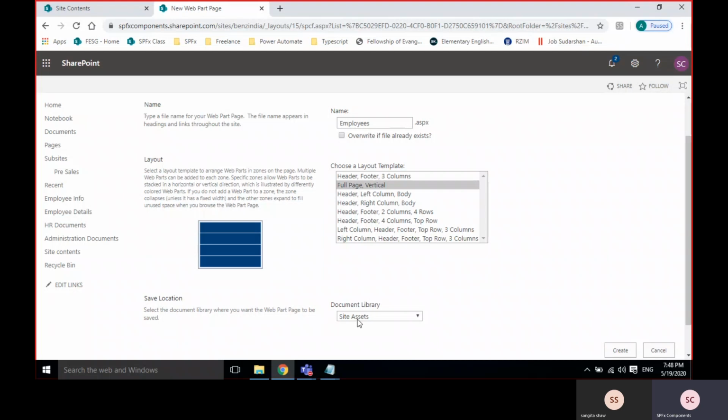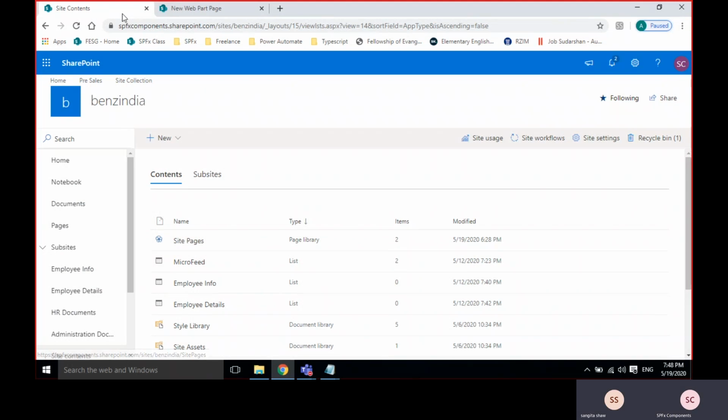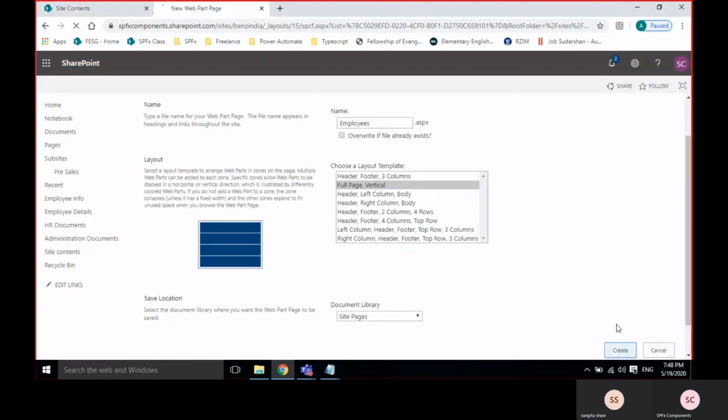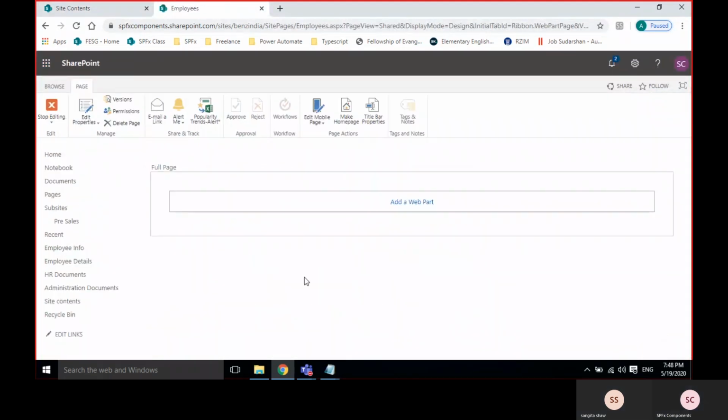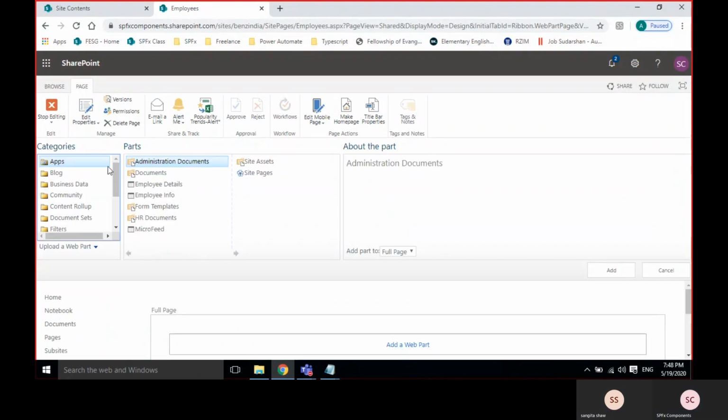This is the save location, where exactly this page is going to be saved. So I'm giving the site pages library. Create. See, now I'm just adding a web part. Apps I have right now: employee info.